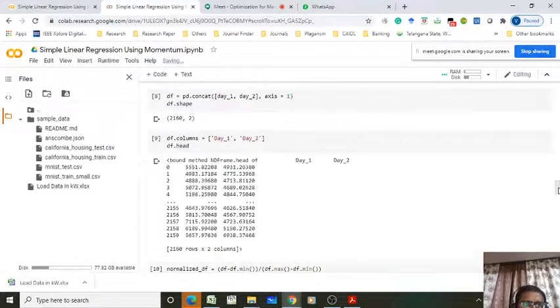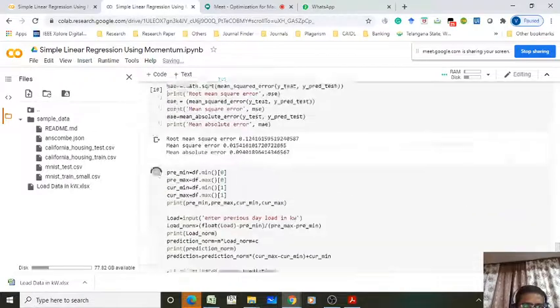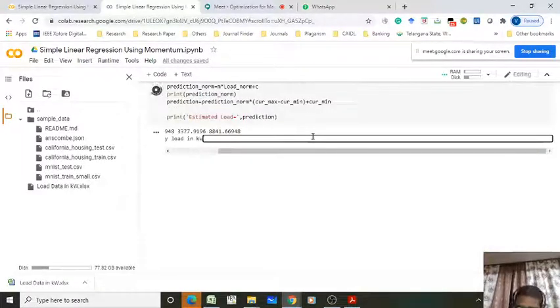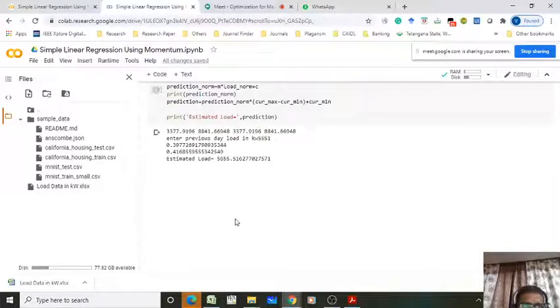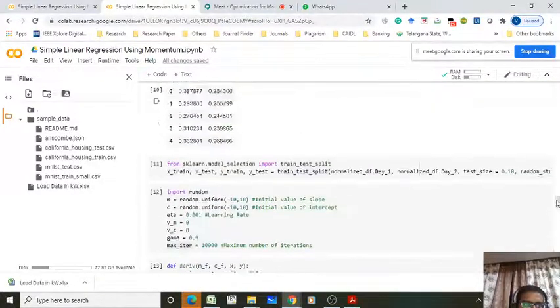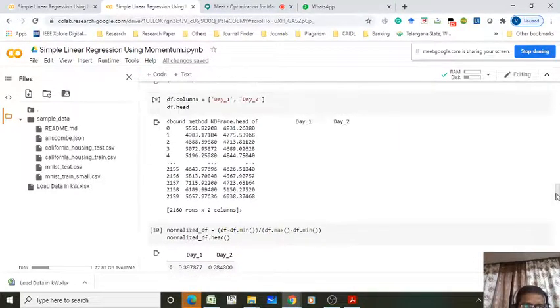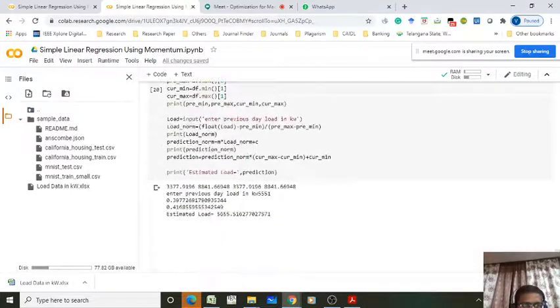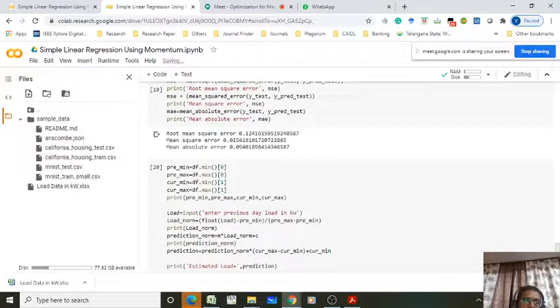I take one input, that is 5551, and it's showing 5.6 megawatt, but the actual load is 4.9 megawatt. Sorry, 4.9 and 5.6, that means 0.7 megawatt, a 700 kilowatt difference is there.